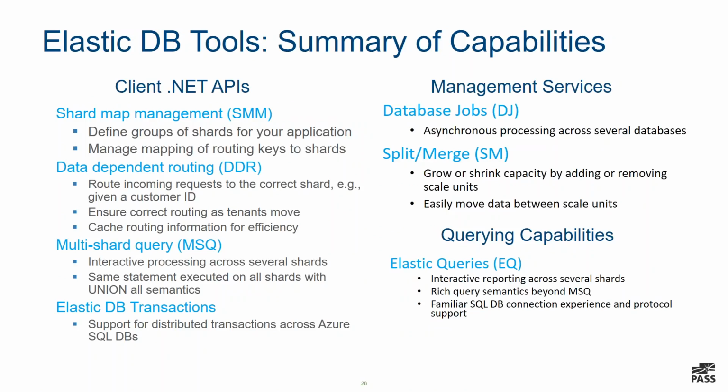So that is pretty much what I had to cover. Just to recap what we talked about, I know we talked about a lot of functionalities. From the client side perspective, we have the Shard Map Manager that acts as a catalog of your databases that are participating in the partitioning, and that stores information about which tenant's data is stored in which database. We have data-dependent routing that gives you a mechanism to insert data into appropriate databases. And then we have multi-shard query that lets you query across your databases and gives you a union of the results of all the individual queries. The above three functionalities are part of the Elastic Database client libraries that are available on NuGet as well. They're open sourced. And then last but not least, we have Elastic Database Transactions, which are supported as part of the System.Transactions